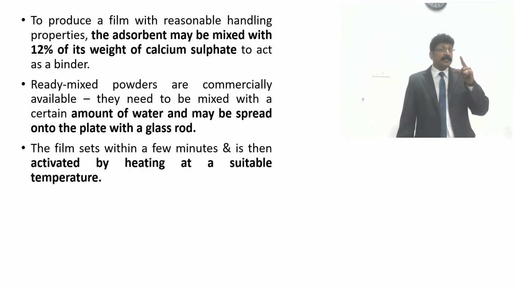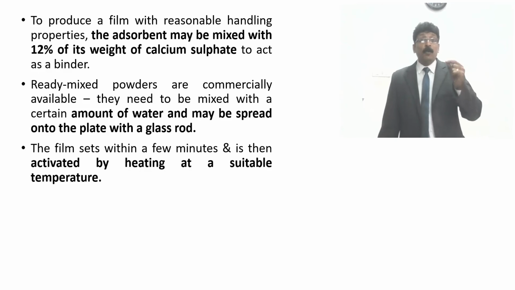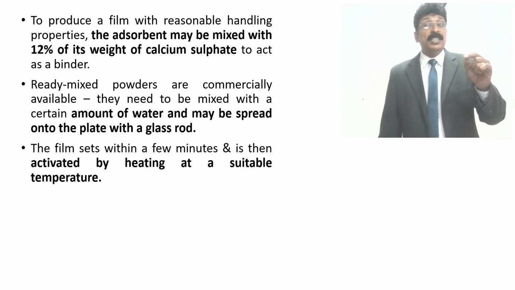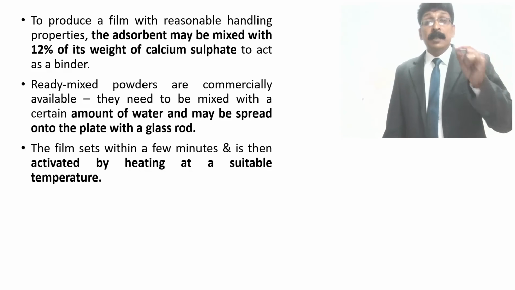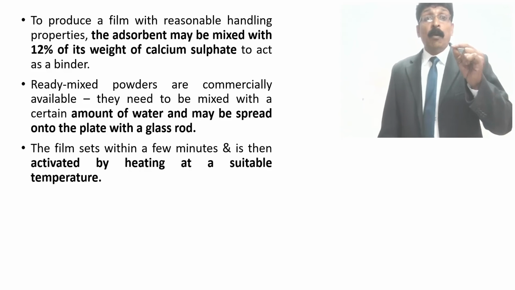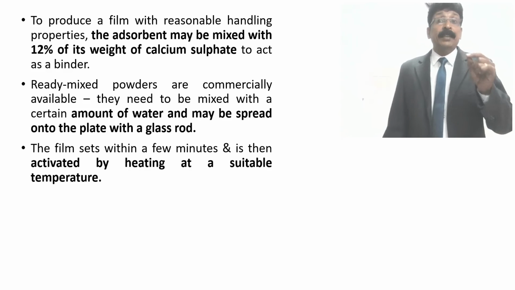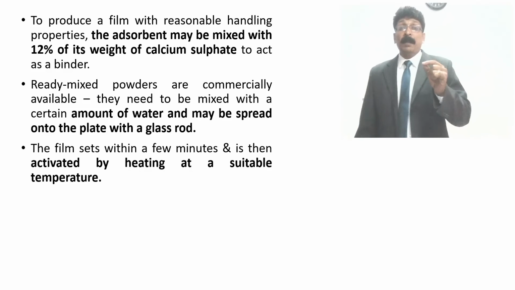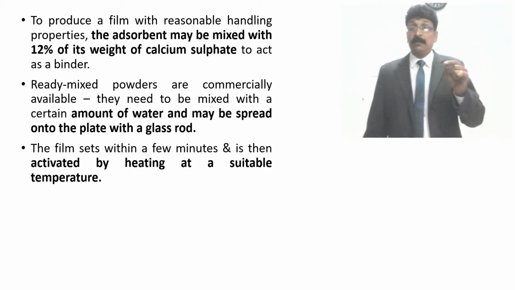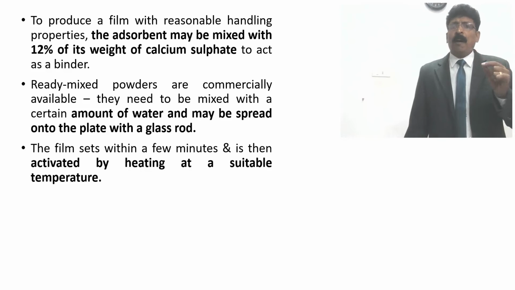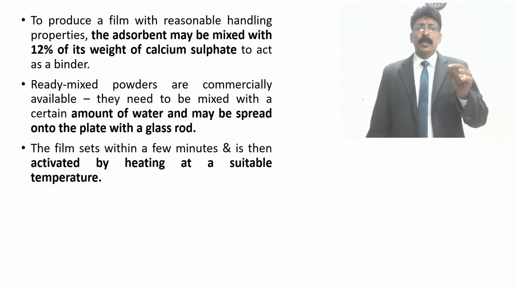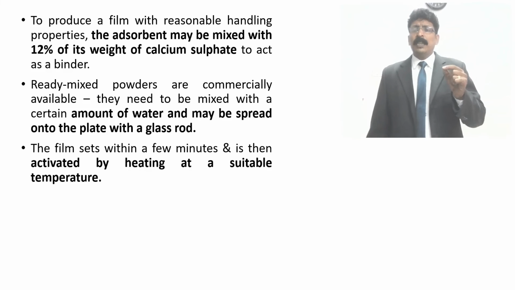In the previous paragraph, the powder is commercially available, already mixed with gypsum, and we use a solvent system to make it a slurry and spread it with a rod onto the glass plate, or a dipping method or spraying method is also possible to make a thin film for thin layer chromatography. But we are using some solvent to make it a slurry,